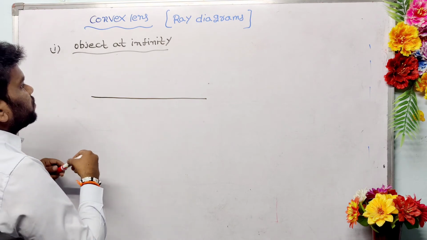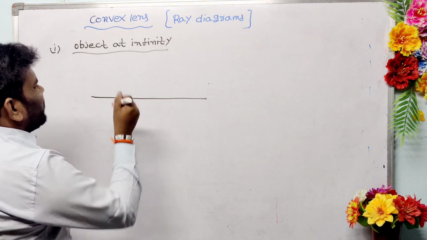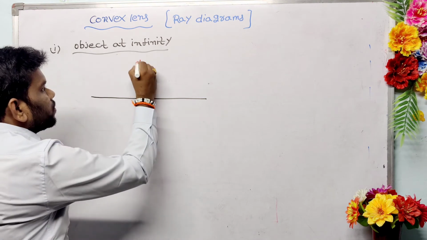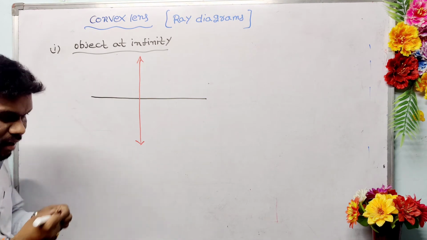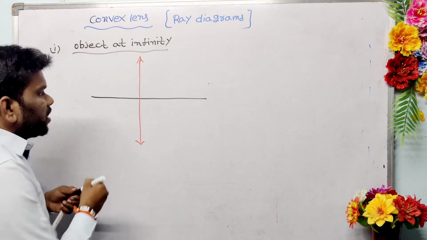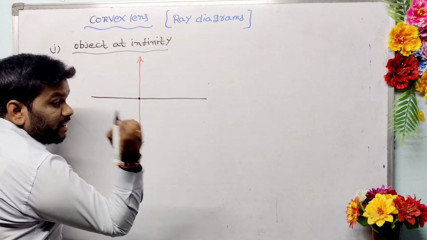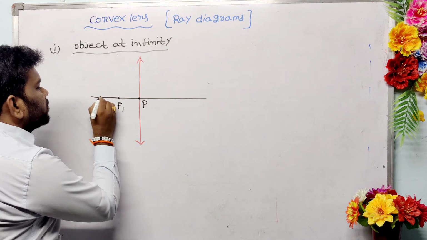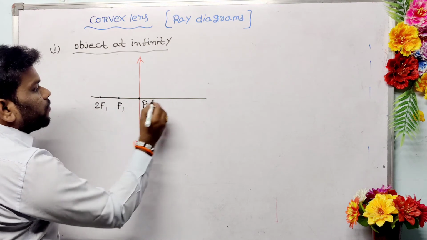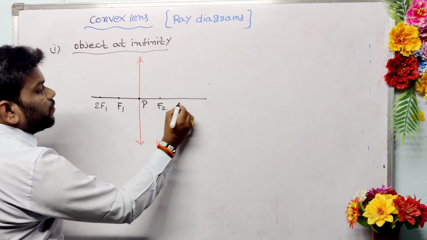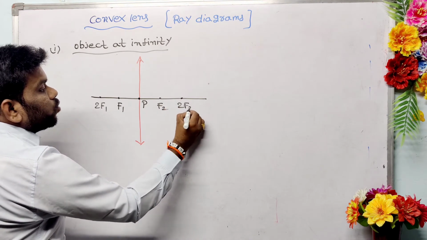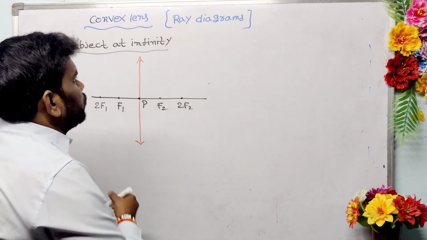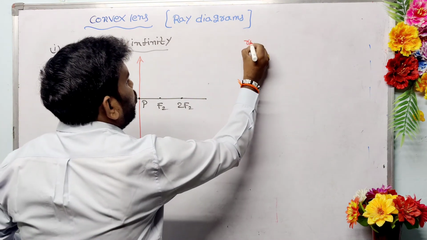What is this? Convex lens. Now it is the optic center. Here it is called F1. This is 2F1. This is F2. This is 2F2. Now already నేను మీకు చెప్పాను రూల్స్ ఏంటంటే, రూల్ నెంబర్